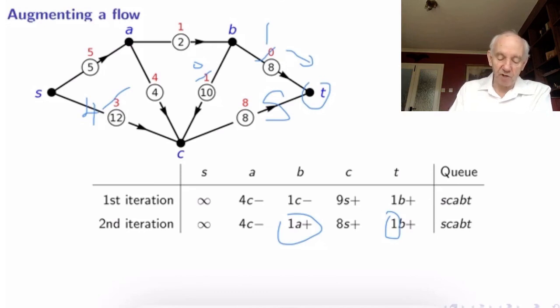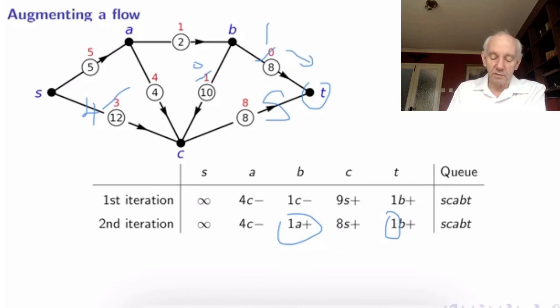I should have done that in red as well. But anyway, we can get an extra flow from A, so we can make this. I won't repeat what I said before, but you can change the numbers. Maybe I will actually. You can change this. If you look at this second iteration, following the rules I did before, you get the second iteration. And if you start at T again, there's 1 coming from B,